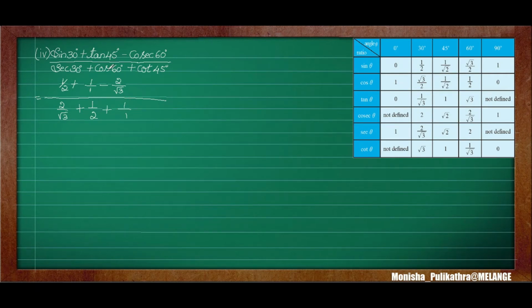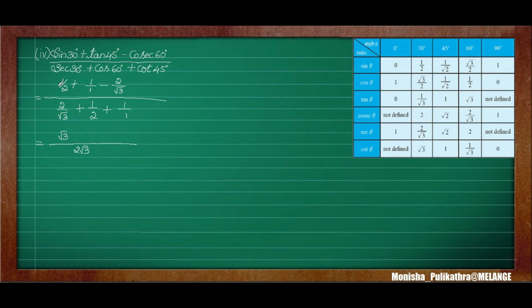Okay. So in the numerator part, here 2, 1 and root 3 are the denominators in the first set of ratios. Okay. So the LCM here will be 2 root 3. See here. Next you have to concentrate on each and every ratio. Next, in the first part, here the denominator is 2. So when I take this whole ratio with this LCM, here 2 gets cancelled. Next the remaining will be root 3. So root 3 into 1 will be root 3. I hope you understood how to do that.